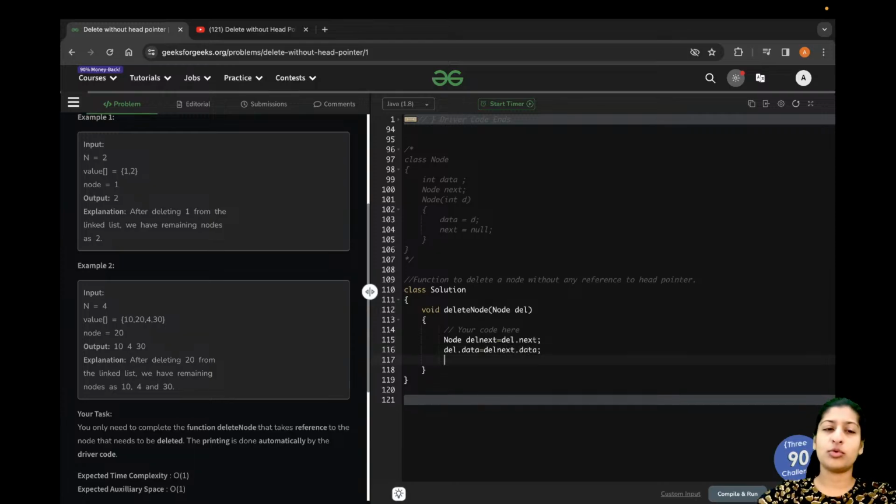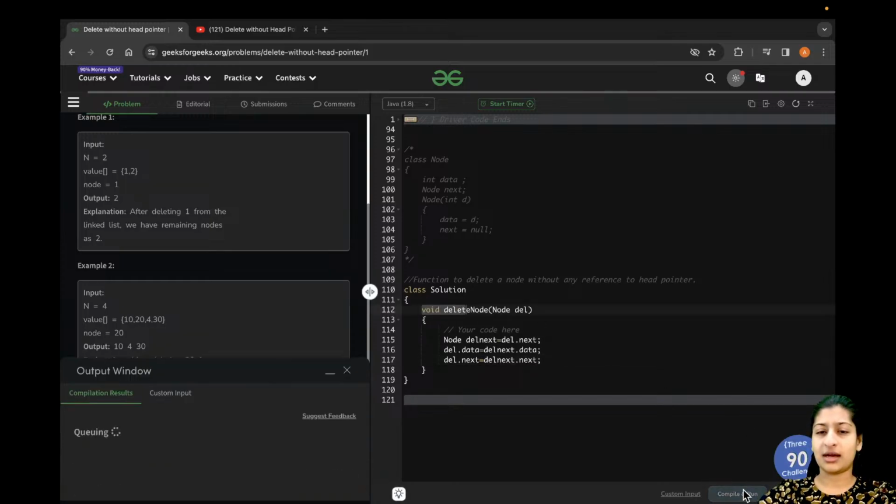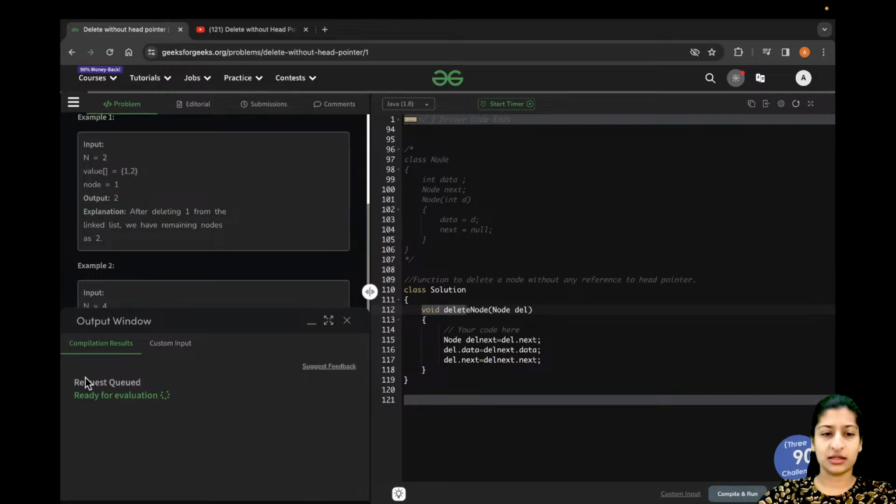Now both the nodes have the same data, 4 at both the places, if I talk about this particular list. Now what? Now del dot next should be pointing to del next dot next, and you don't have to return anything,